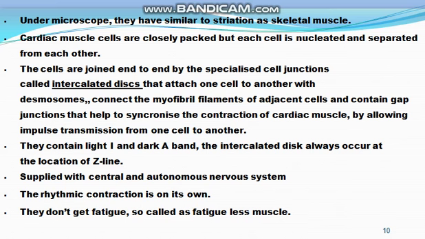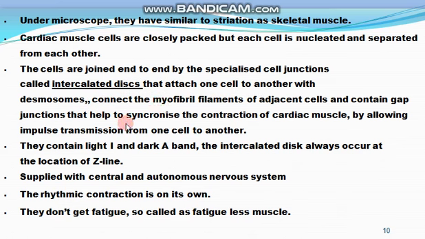If we see cardiac muscle under the microscope, it is similar to the skeletal muscles in showing striation. Cardiac muscle cells are closely packed, but each cell is nucleated and separated from the others, and the cells are joined end to end by specialized cell junctions known as intercalated discs. These attach one cell to another with desmosomes, and they connect the myofibril filaments of adjacent cells and